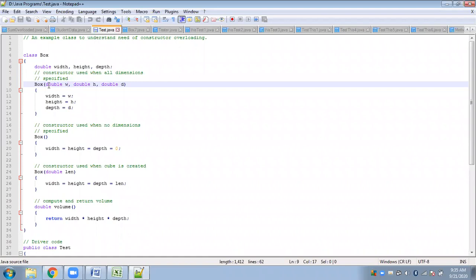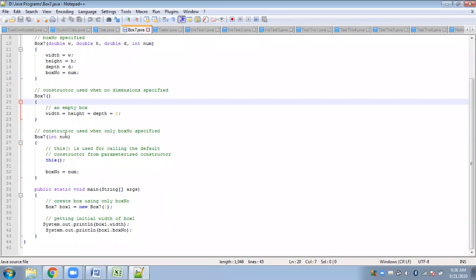So here, if you see the number of arguments, here we have 3 arguments, here we have 0 arguments, here we have 1 argument. So this also matches. Okay. Even you can have different data types of arguments. Fine. So this is what constructor overloading is. We have already used it, but I did not mention it to you back then. Okay. So we have already used constructor overloading.